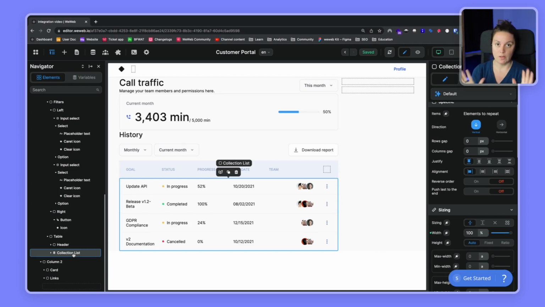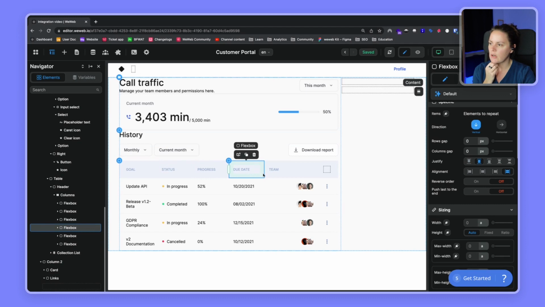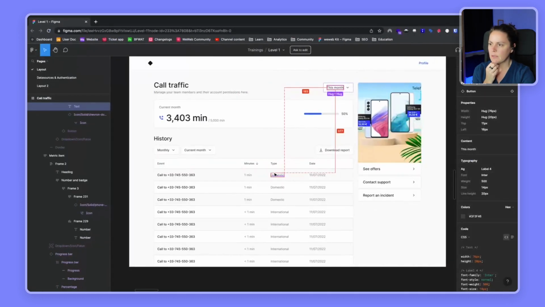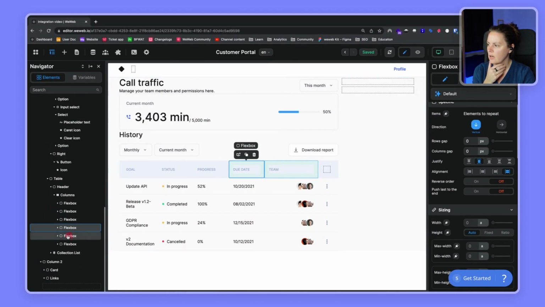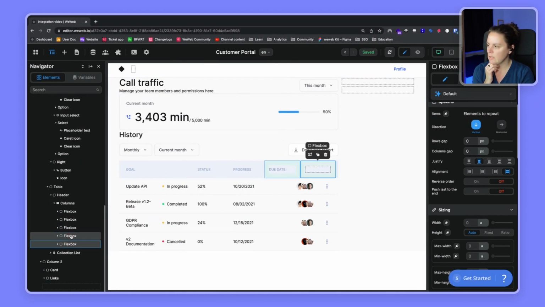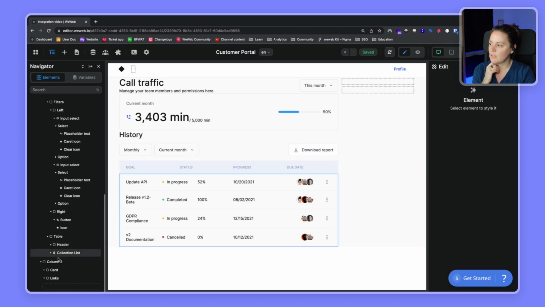So we won't focus on that for now. But the headers are made. You have 6 different flex boxes for each column. In our Figma design, we only have 4 columns, so we're just going to go ahead right away and delete. So we make sure that we're on a flex box in the navigator, and we just press delete on our keyboard, and that's it. So now we have 4 columns in our headers, but you see that in our collection